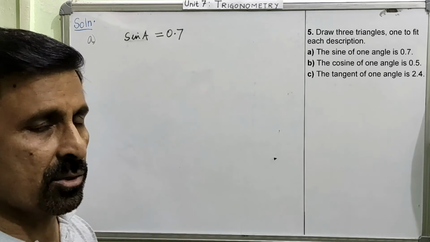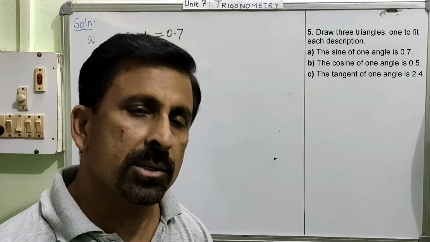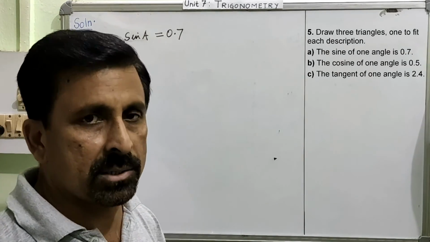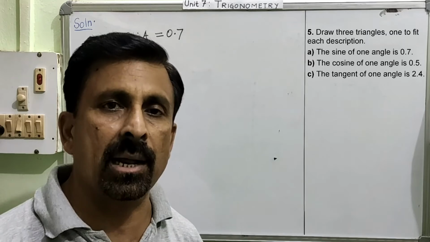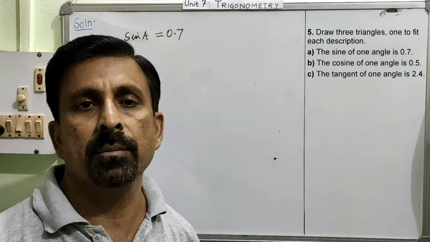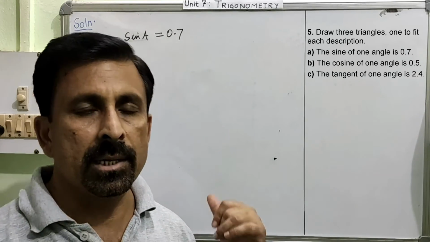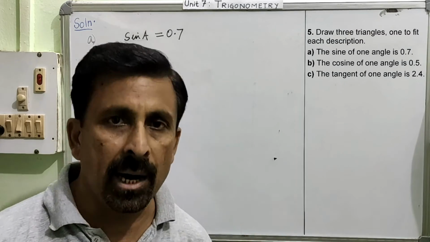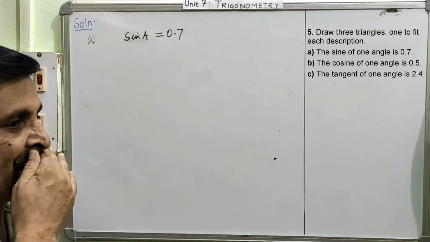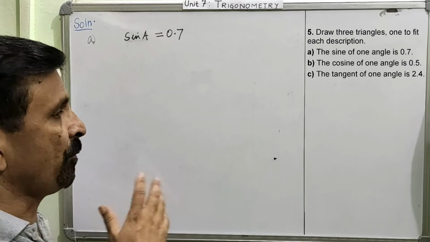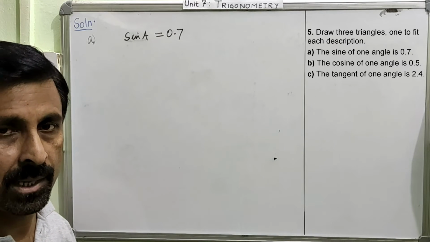As I told you, we can draw infinite triangles for this situation, but we just have to give one example. So I will show you how to draw a triangle for this situation. But please remember, because there are infinite possibilities, your answer may not match the book answer, because you take one triangle and the book might have taken another. Therefore, for this question, please do not go for the answer, just go for the concept. Now we are going to do the exercise to find a triangle for this given situation.